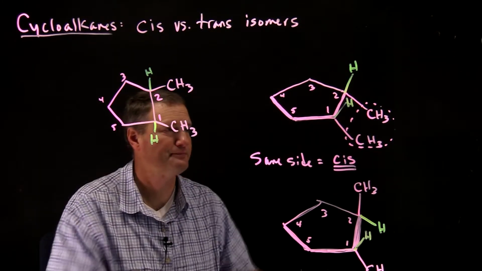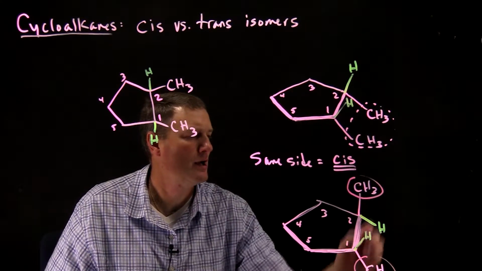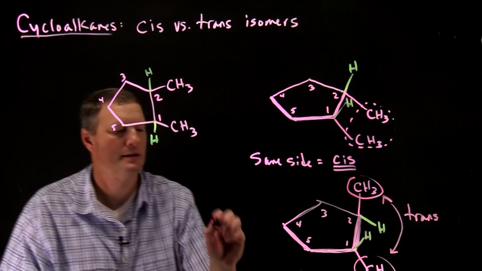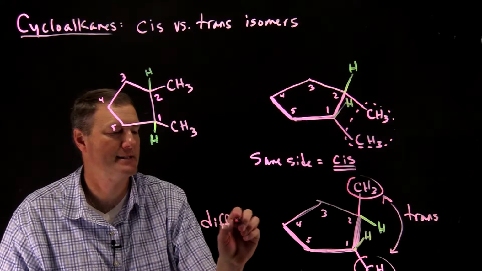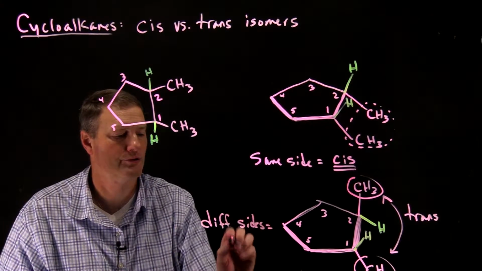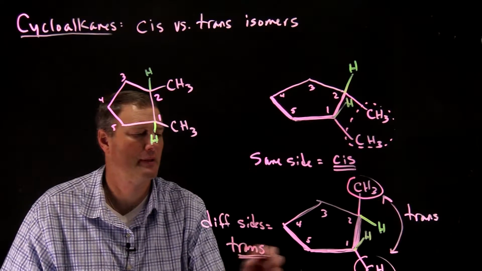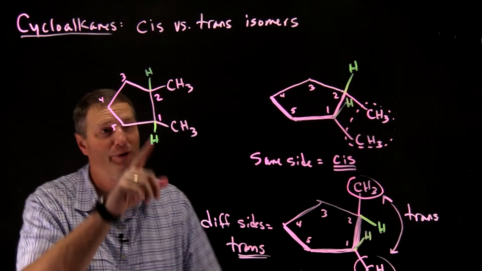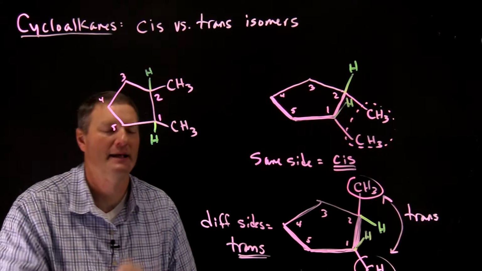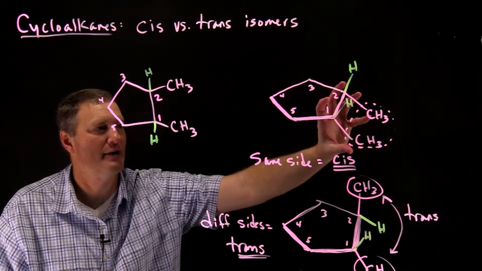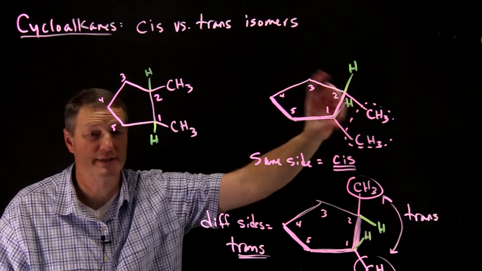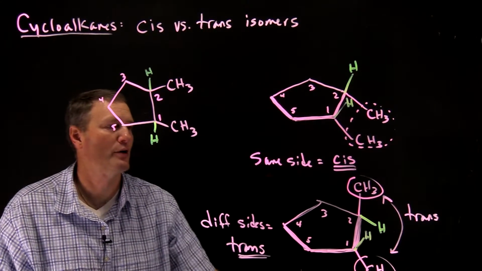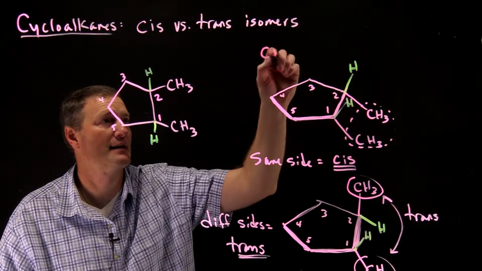In this case now, the two methyl groups are in a trans orientation. So different or opposite sides equals trans. Now, both of these molecules are clearly the same molecule. They're 1,2-dimethylcyclopentane. However, because of the different orientation of the two methyl groups, the different connectivity, these are considered to be isomers. So the first one here would be named as cis